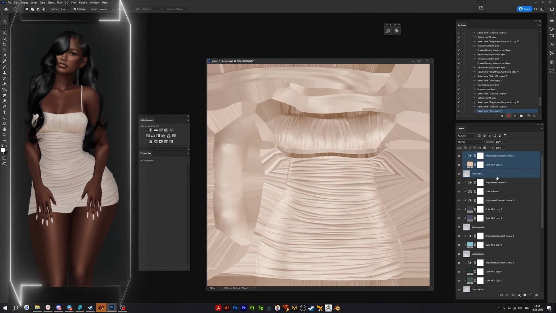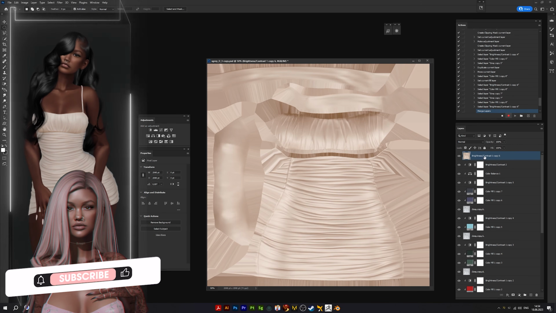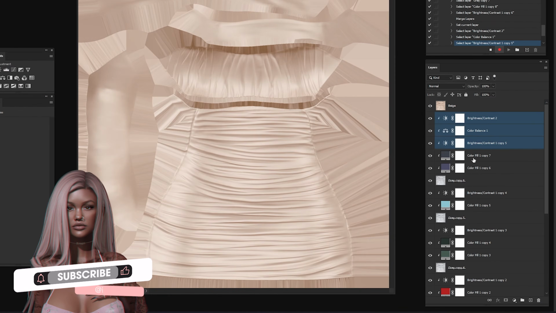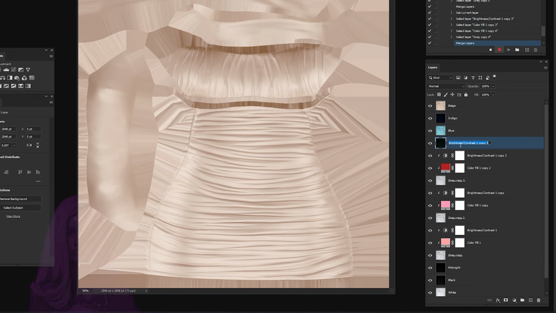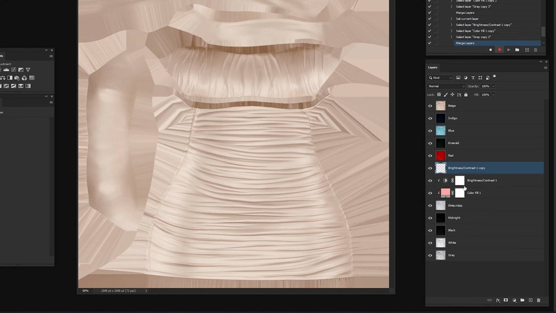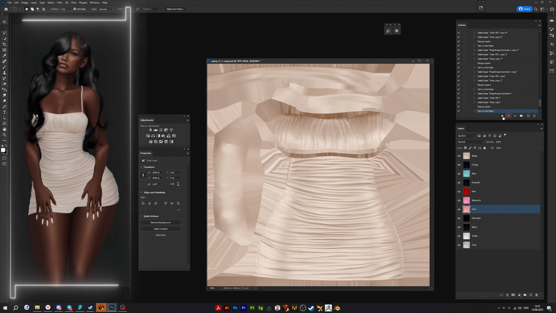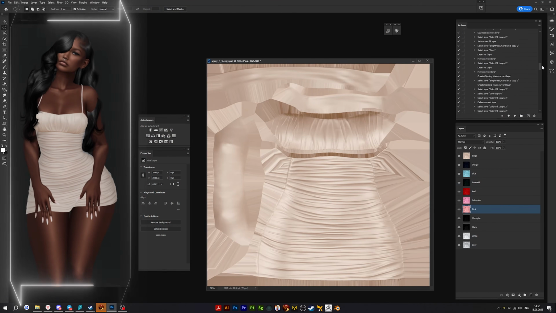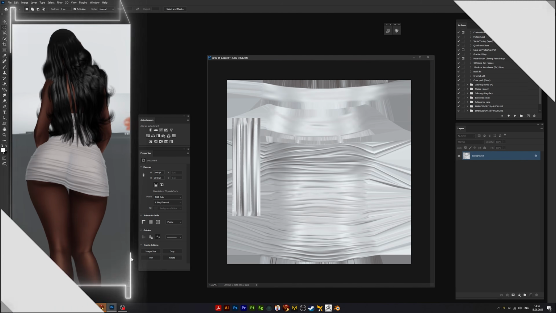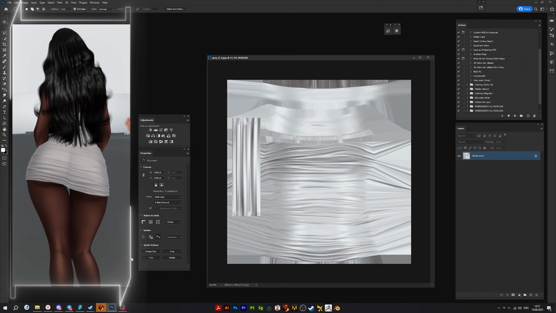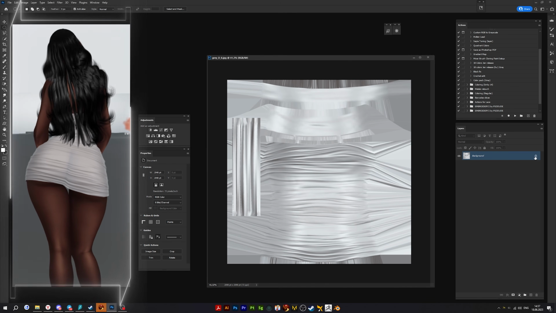Record again, one by one, select each layer and merge them. I use Ctrl E for that and call them. And press stop button. Okay, let's just check. You see how many steps we have here? So I opened backside. You can see backside of the dress in Second Life. Let's do the same steps that we did before.